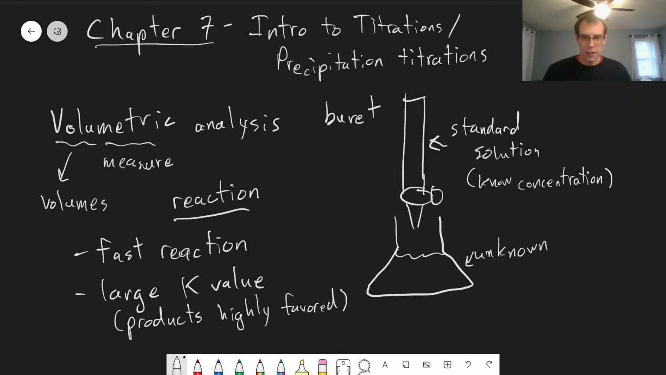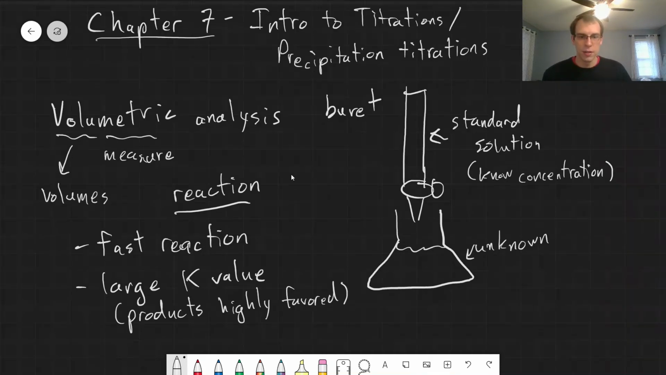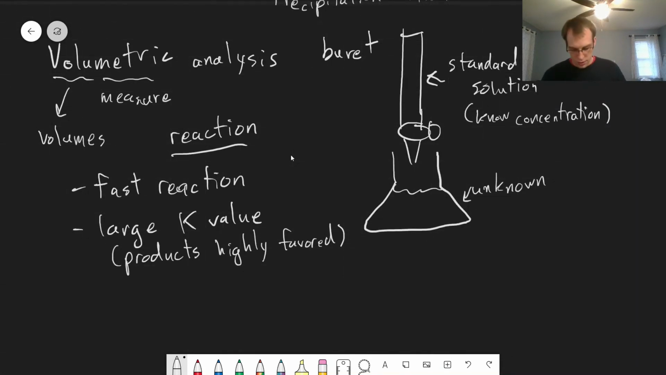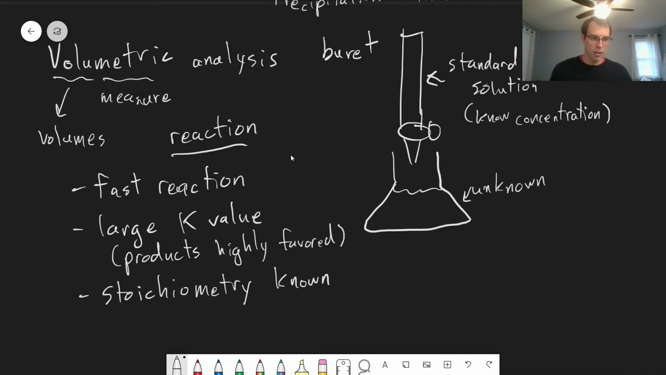All right, and then the last thing, of course, that we'll need to know is what's the stoichiometry of our reaction. So we need to know exactly the reaction that's going to happen in our titration for a titration to be useful. So just as an example of a titration reaction you might see, this is how we standardize hydrochloric acid,